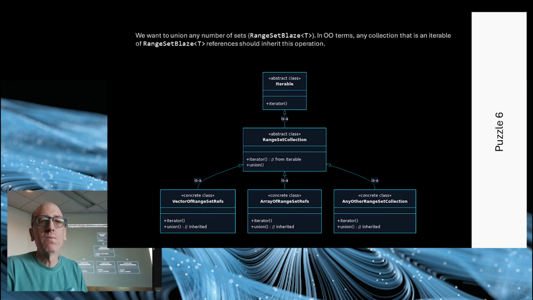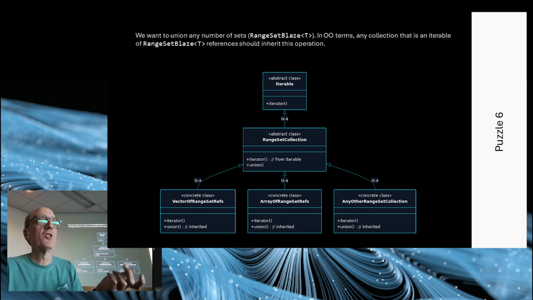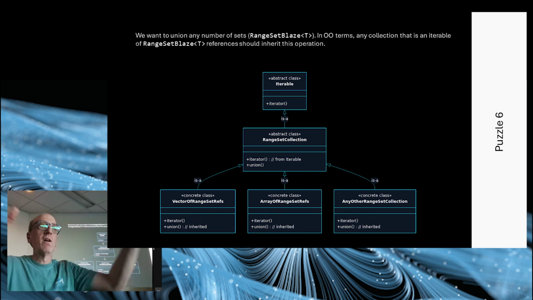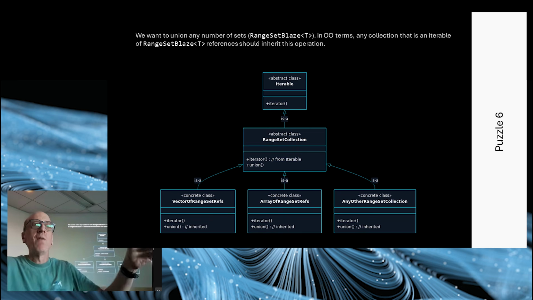Puzzle 6. So RangeSetBlaze will hold a set of integers. We might have a whole collection of these sets and want to be able to do a union of them,